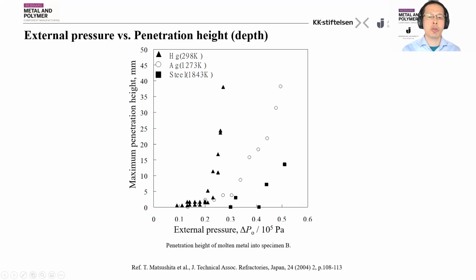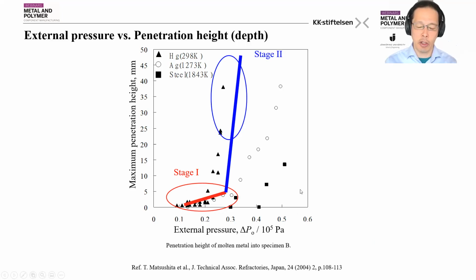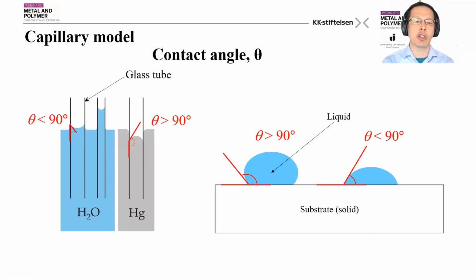And from these observations, for example, we can plot the maximum penetration height against the applied external pressure. Then we will see this type of two stages. So at a relatively lower pressure range, the penetration is somehow suppressed. So the slope is small, but above a certain pressure, the slope will become steep like this. So there are two stages, we can say. And these results can be analyzed by using the capillary model. But before we go to the capillary model, let me explain the contact angle